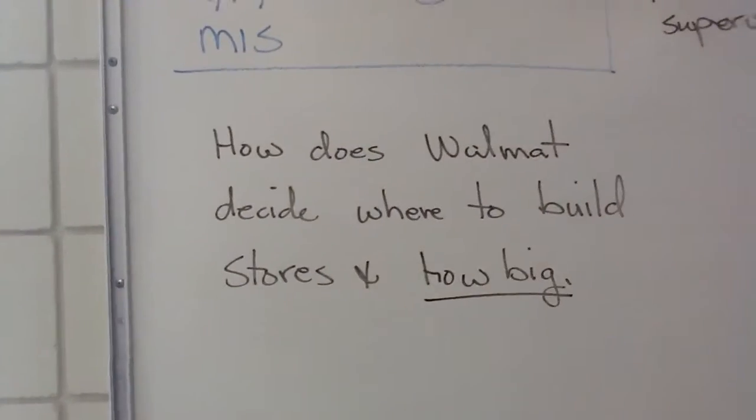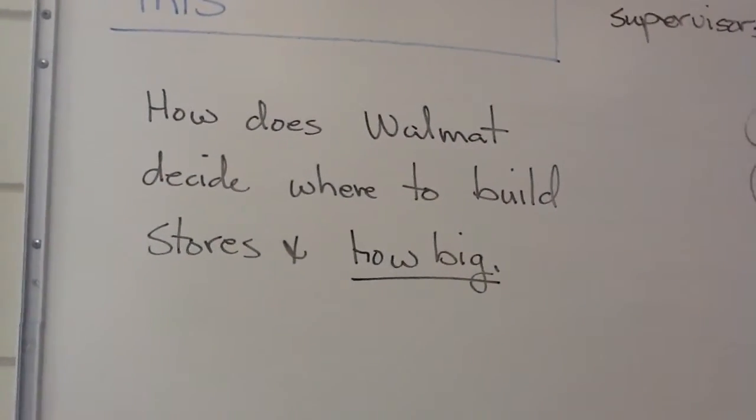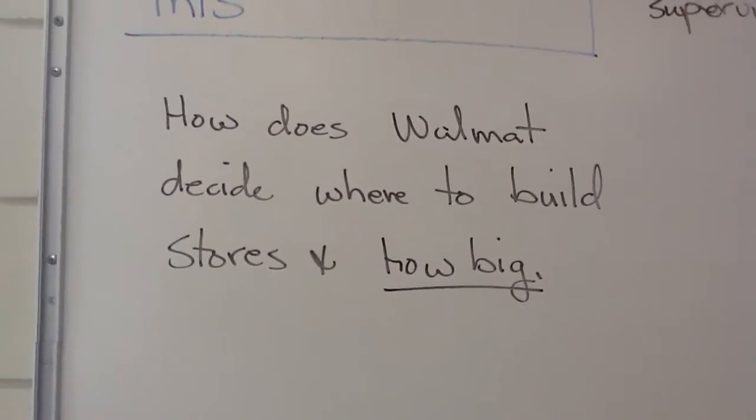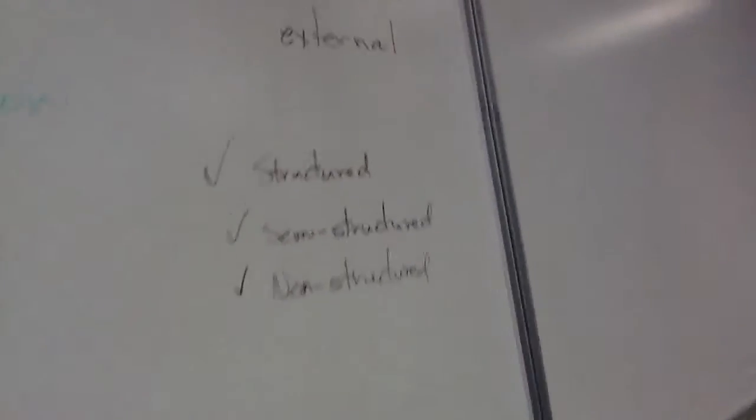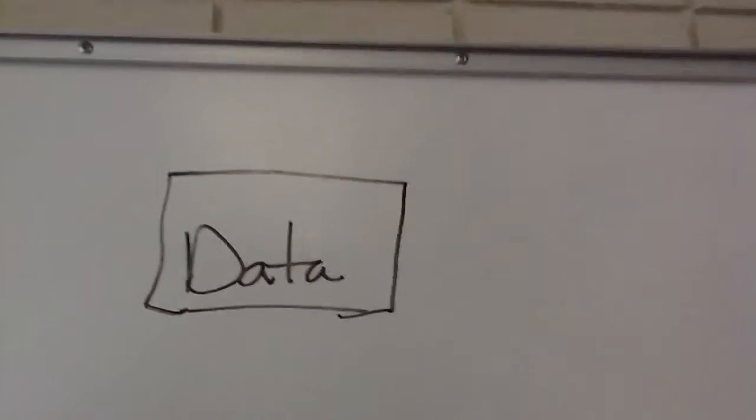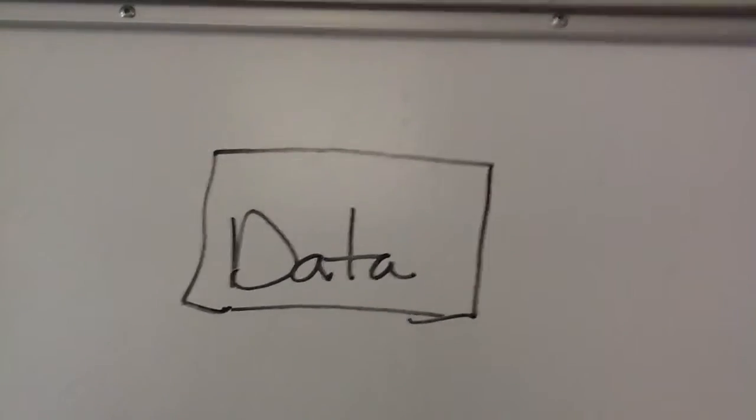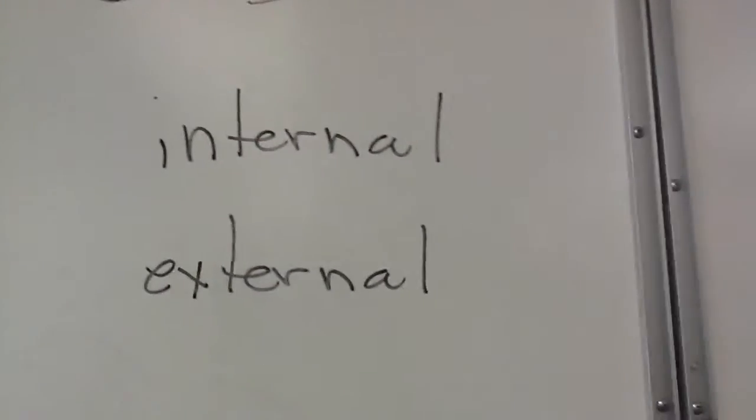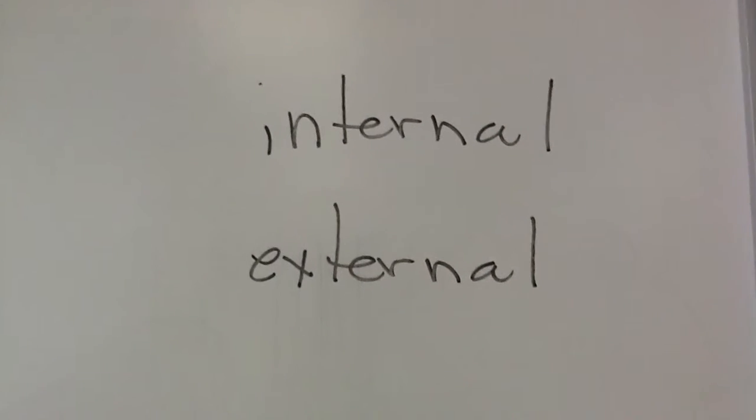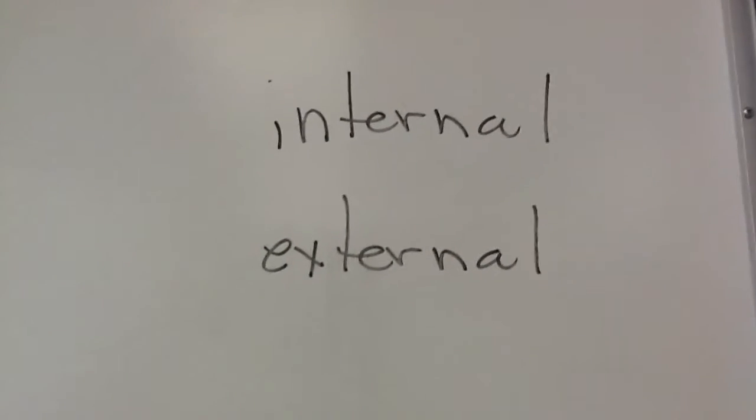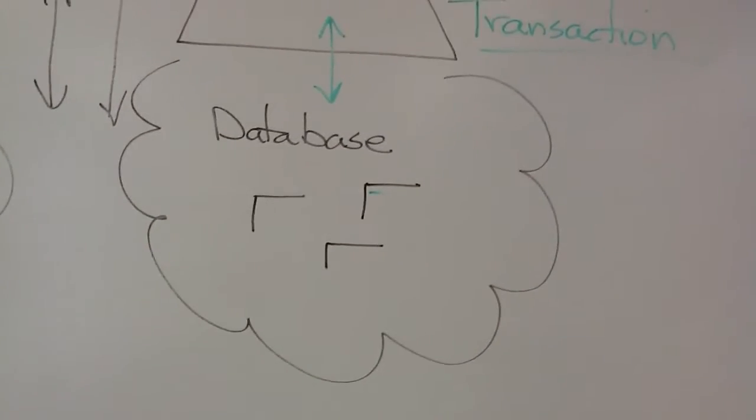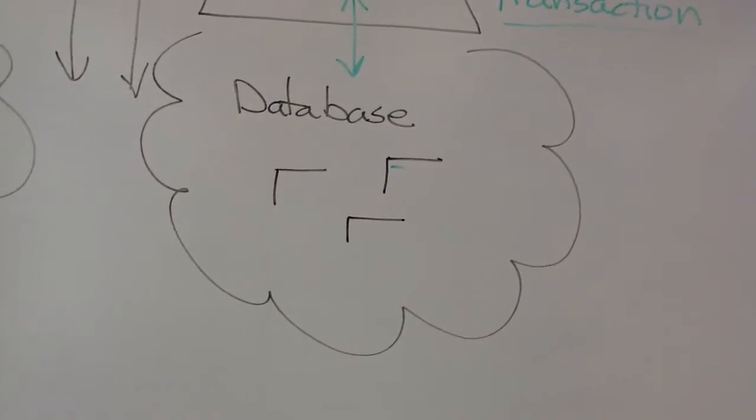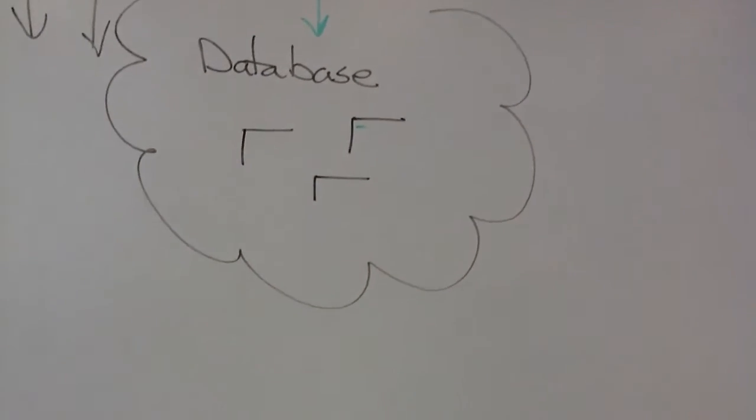What we did, we started out class, we talked about how does Walmart decide where to build stores and how big to build them. And the students then talked about they based their decisions on data. We talked about is the data internal to their corporation or external, and they talked about actually both. So then, through these two diagrams, we talked about all the data that's stored in a database for a company,